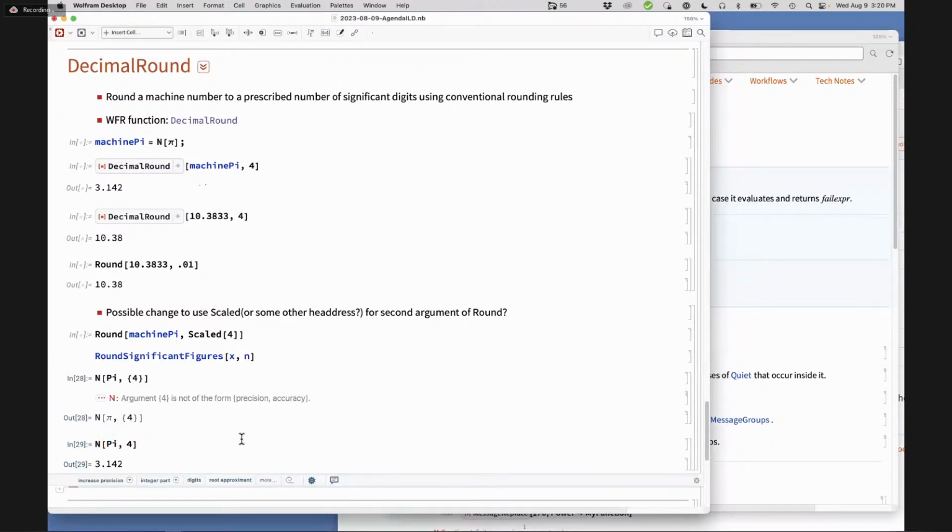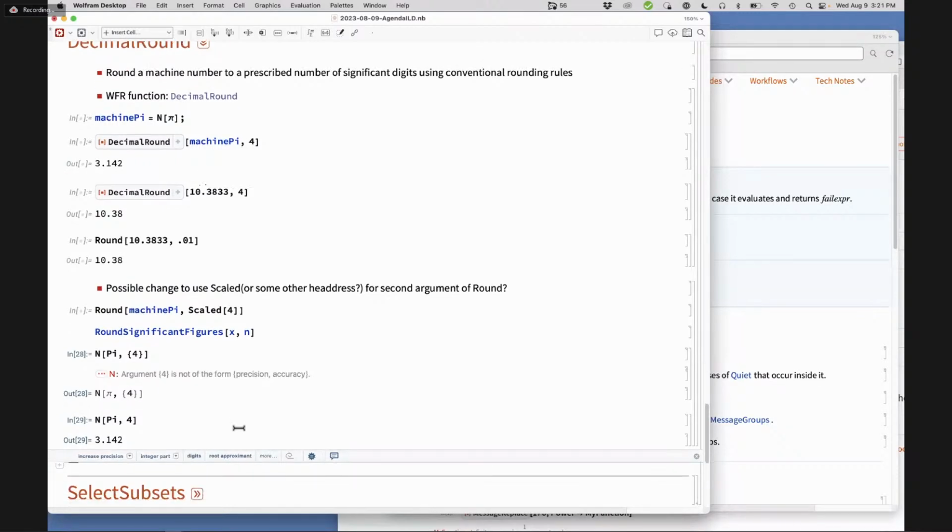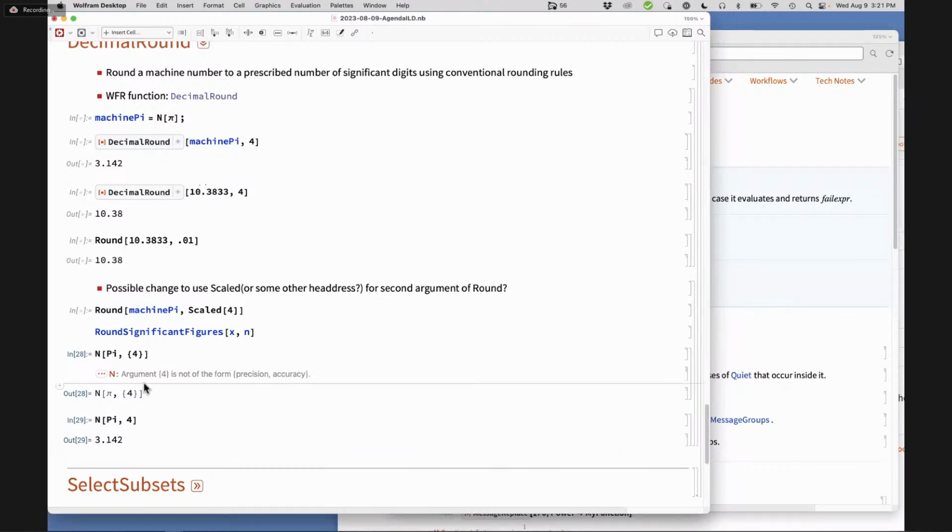I said singleton list, which is exactly what I mean, a list containing one element. You can also put a singleton there. No, you can't. It says it's an error. Huh. Okay, so what am I thinking of? We could make this work, but it doesn't work right now. I'd like to know what you were looking at. I think he was looking off into space and not at the screen.